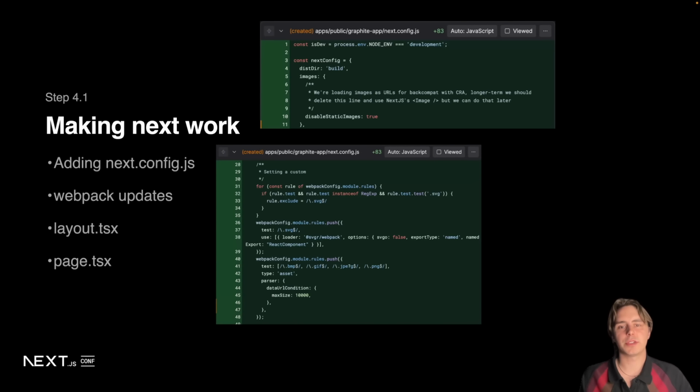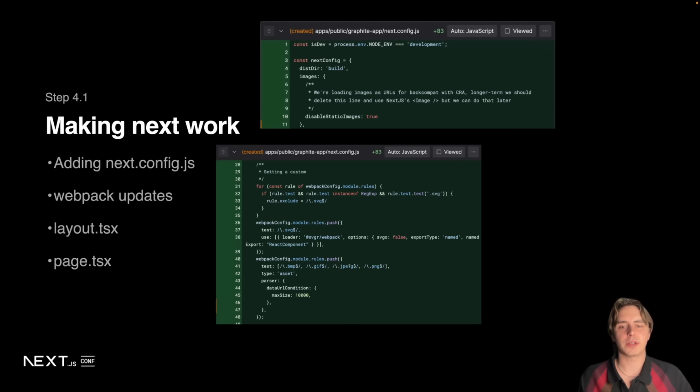The first thing we had to do was introduce the next.config.js file to configure Next. We didn't do anything special with the configuration other than disabling static images. We did this because moving to Next image serving right now would require a pretty big amount of lift. We realized though that we could split this out into an upstream PR later, so for now we turned this off. The next thing we did was tweak our Webpack configuration. All we did here was update Webpack to use the right SVGR version.